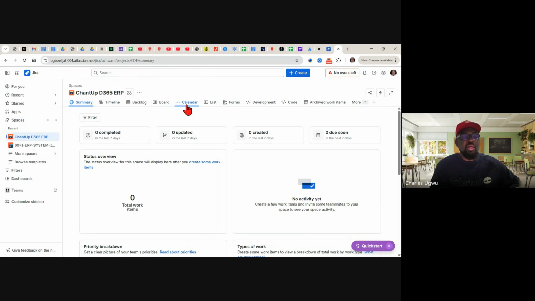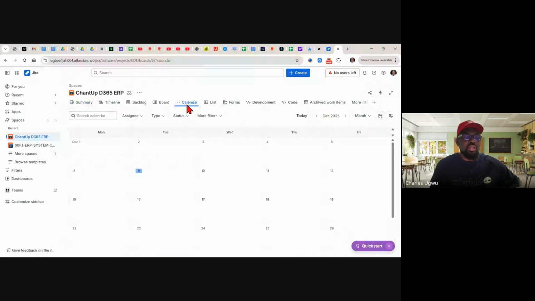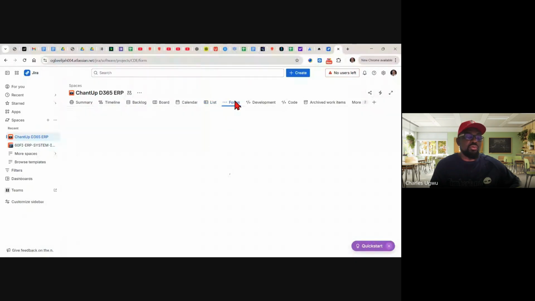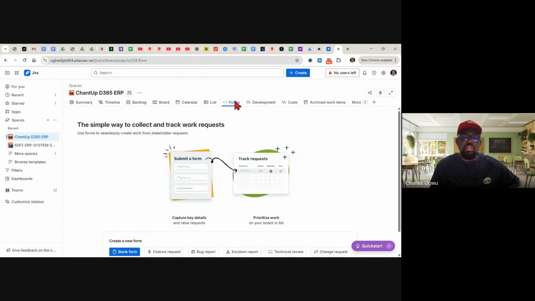So we have calendar. You know what calendar means, and we have a list. Everything here is just empty because there's nothing going on. And we have a forum where you guys can collaborate. You know what that forum is, just like the forum in Create Camp.